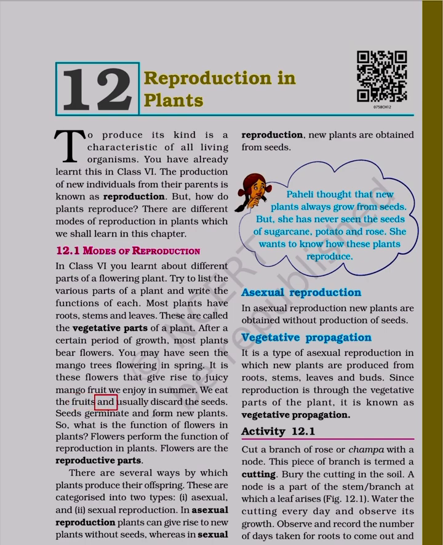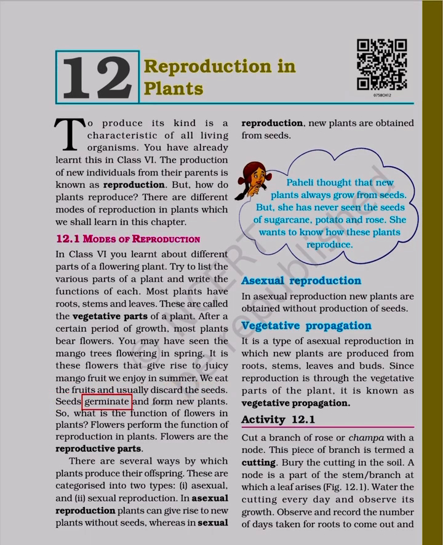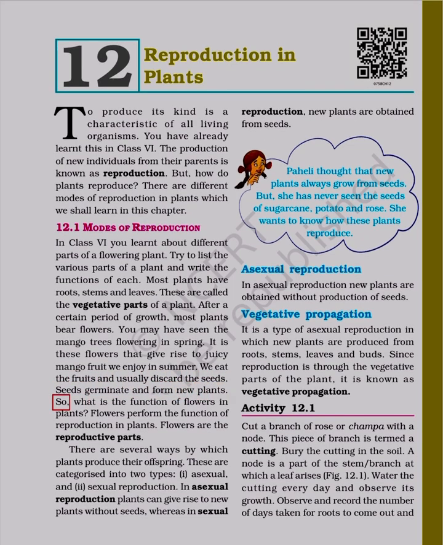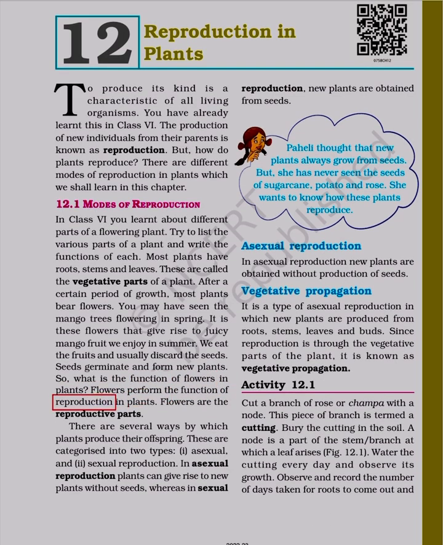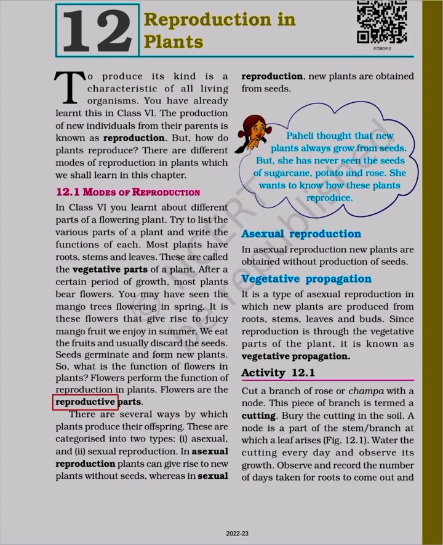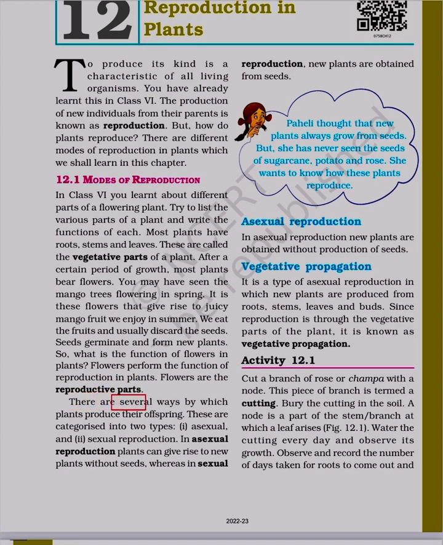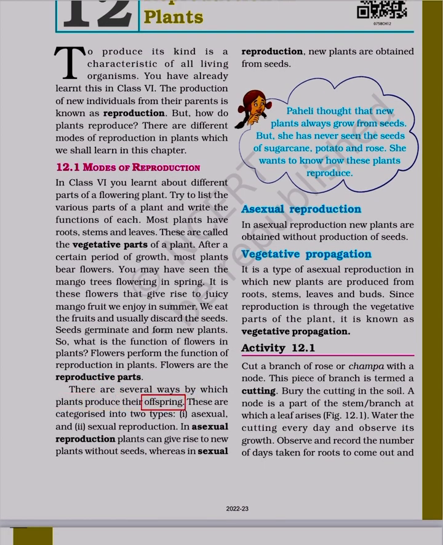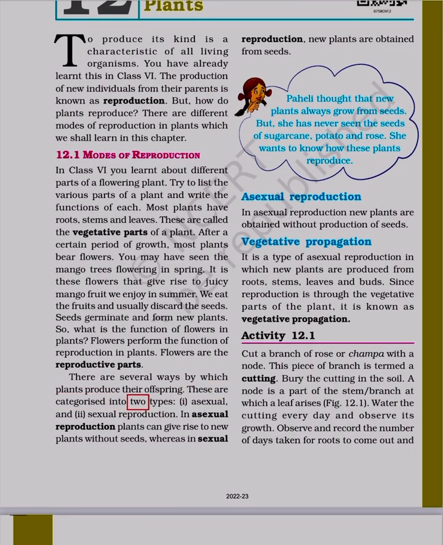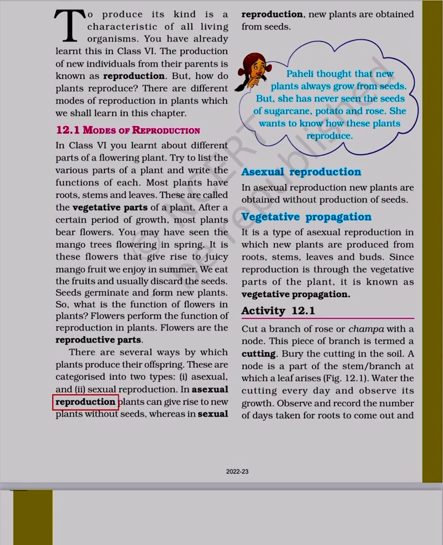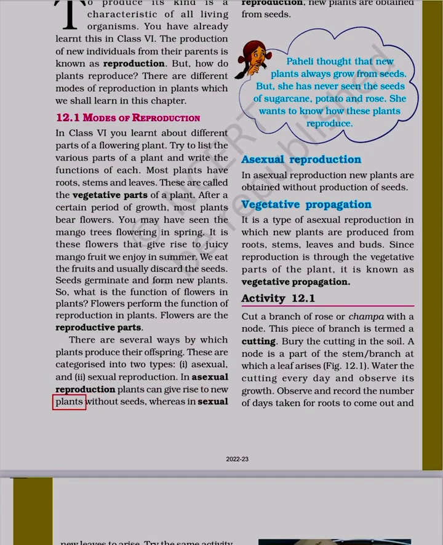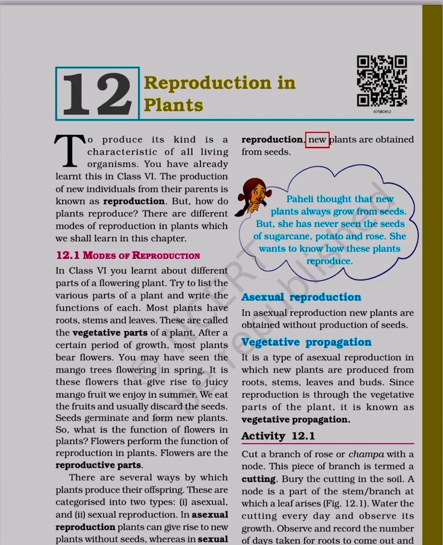We eat the fruits and usually discard the seeds. Seeds germinate and form new plants. So, what is the function of flowers in plants? Flowers perform the function of reproduction in plants. Flowers are the reproductive parts. There are several ways by which plants produce their offspring. These are categorized into two types, asexual and sexual reproduction. In asexual reproduction, plants can give rise to new plants without seeds, whereas in sexual reproduction, new plants are obtained